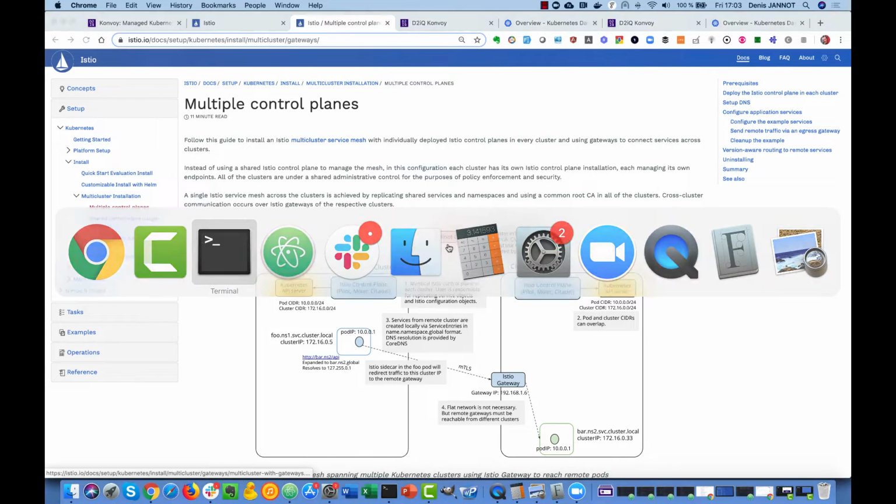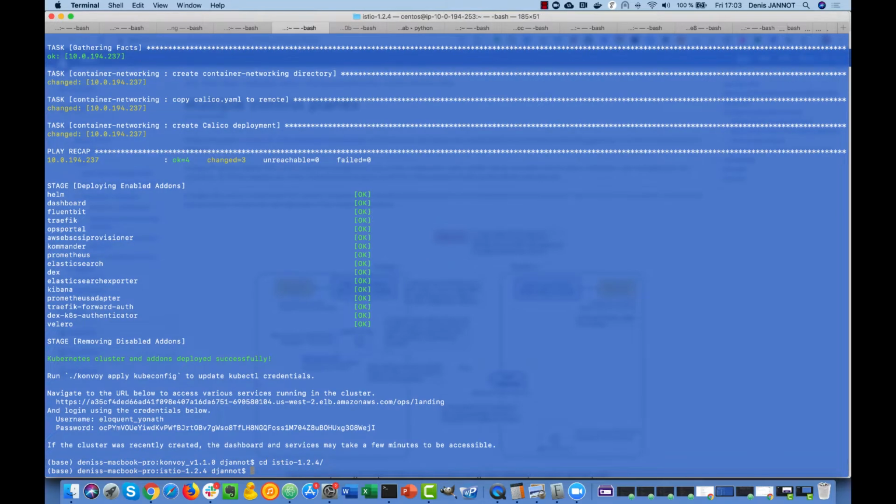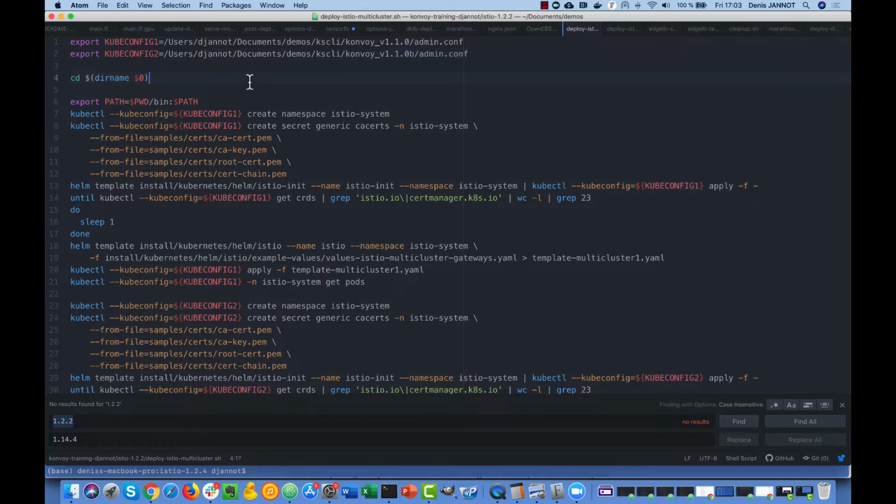So just go here in the Istio directory, and I have some scripts ready. So the kubeconfig for each of my clusters, so I can easily run the kubectl command where I want.